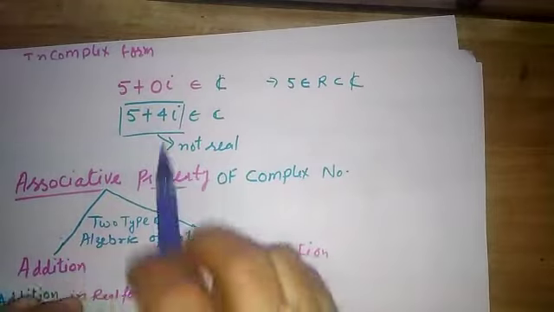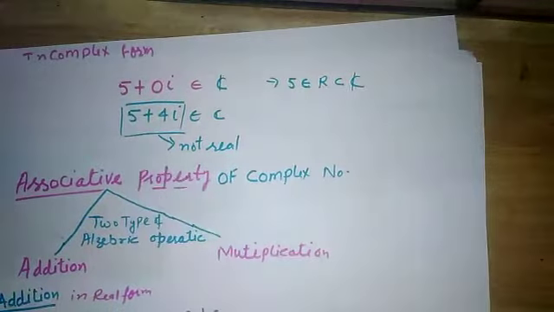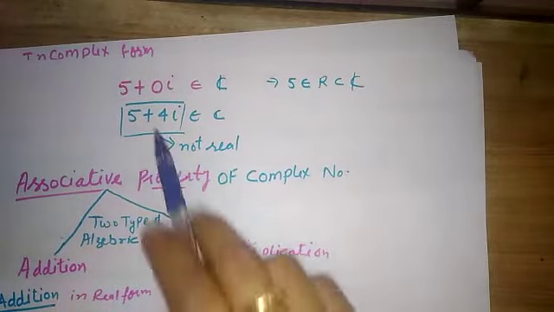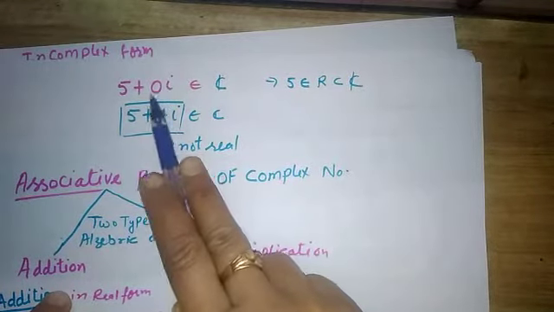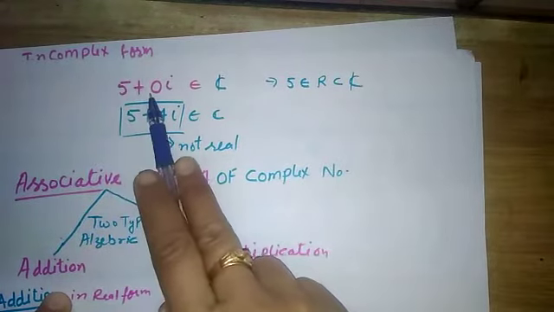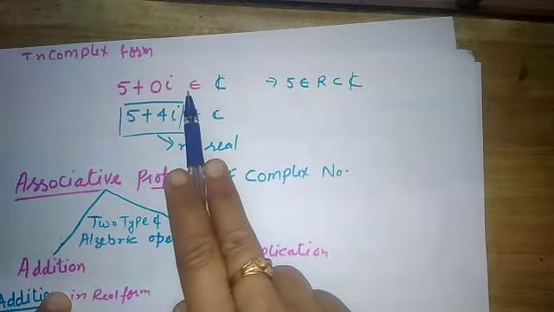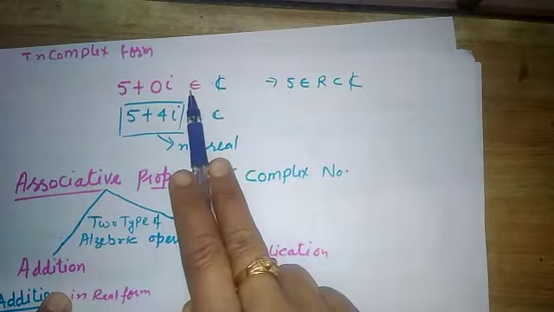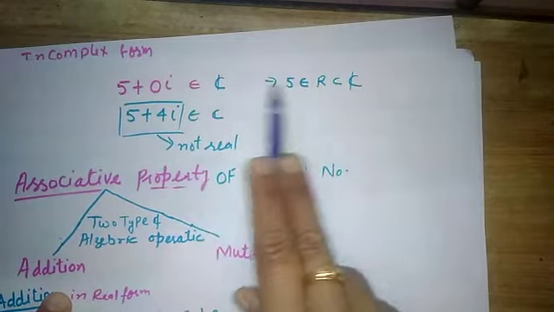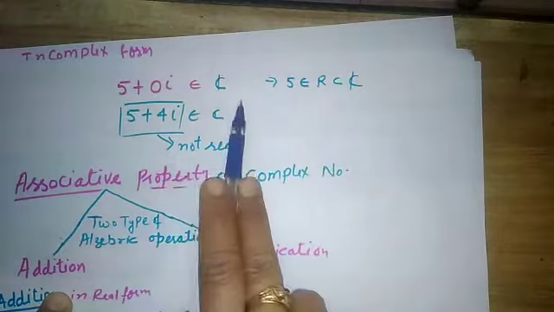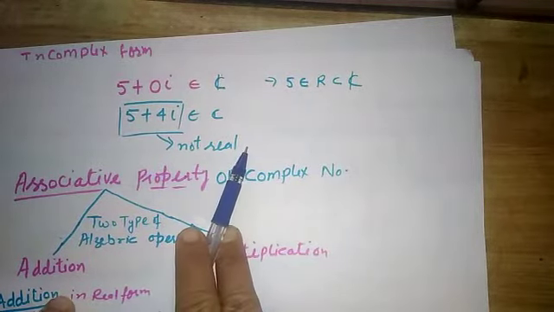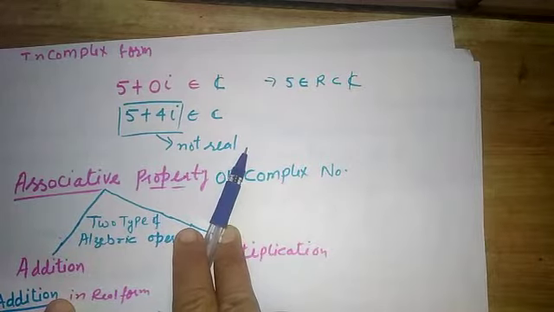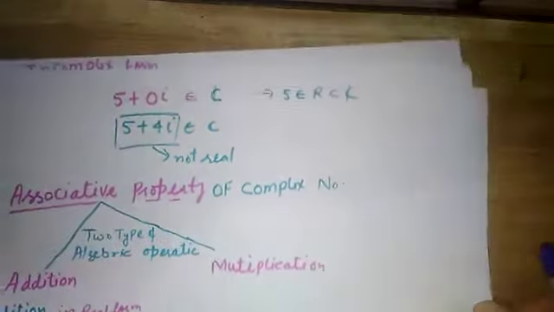Here I have taken one more example. This is a form of a complex number, but here the imaginary part is 0. So it becomes only a real number where the imaginary part equals 0. Therefore we observe that all real numbers can be complex numbers, but all complex numbers cannot be real numbers. Keep it in mind, students, because it will help me in the examples further on.